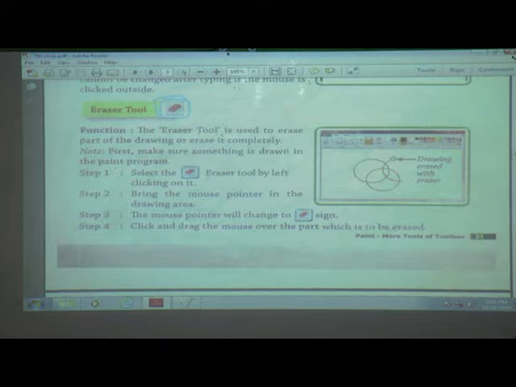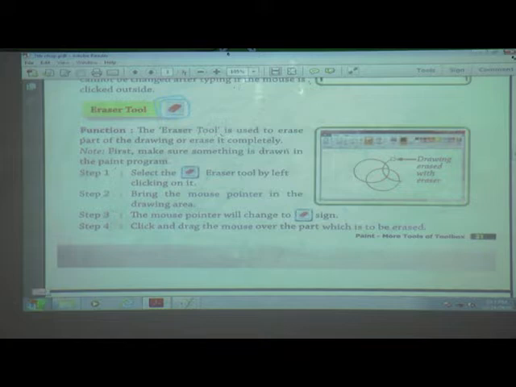First click the mouse, then press the left button and drag the mouse continuously. Same like that, if you want to erase, we must follow the same procedure: select it, take the mouse pointer to the part we want to erase, and continuously press the left mouse button and erase it.